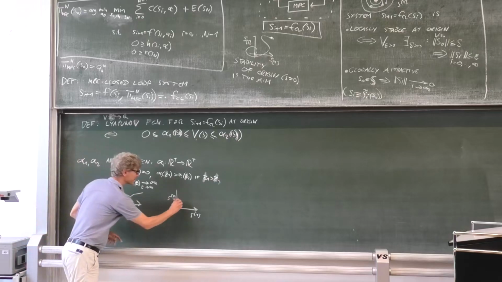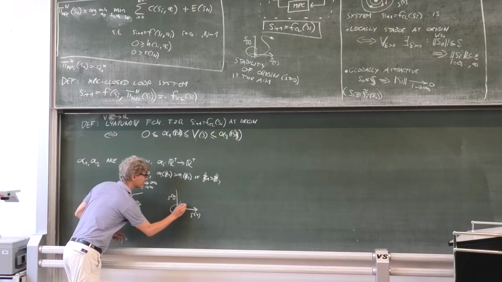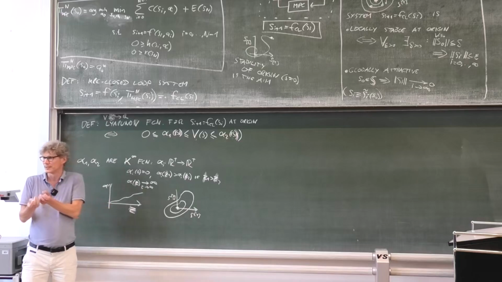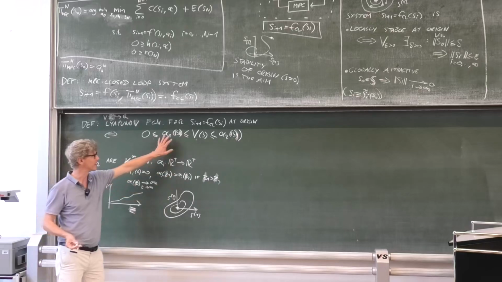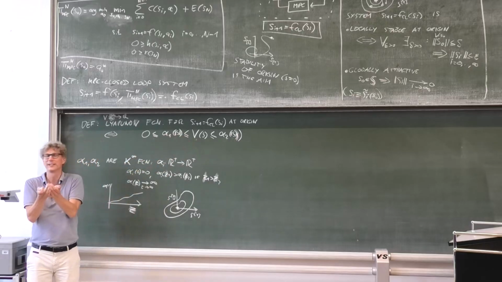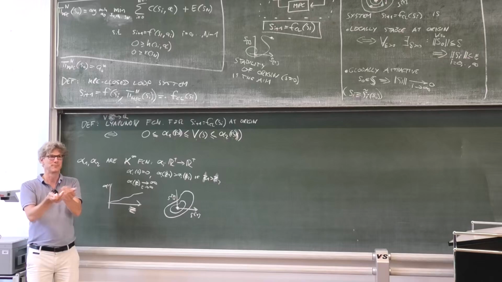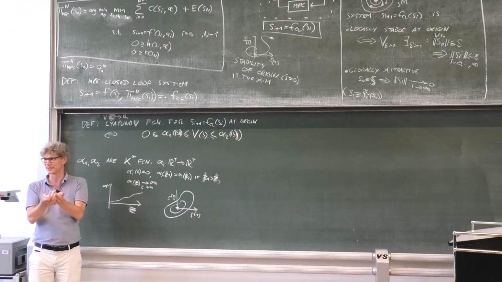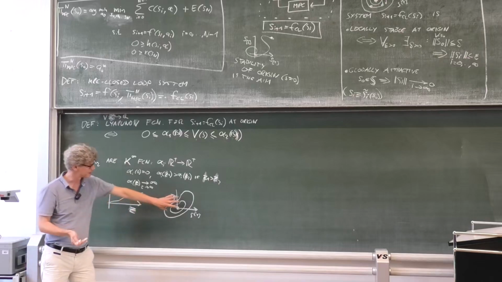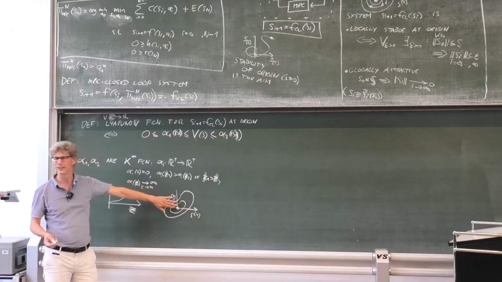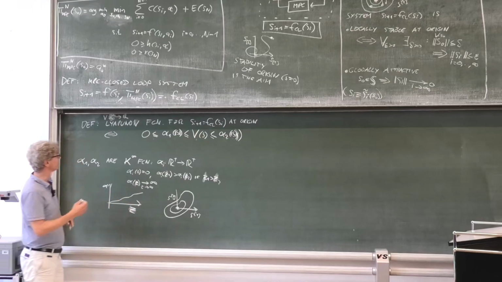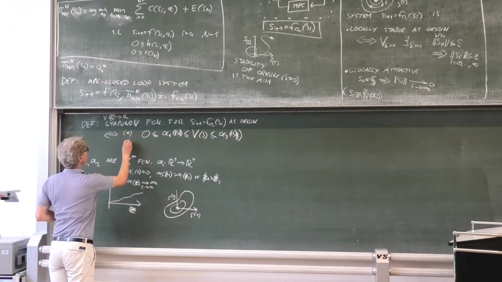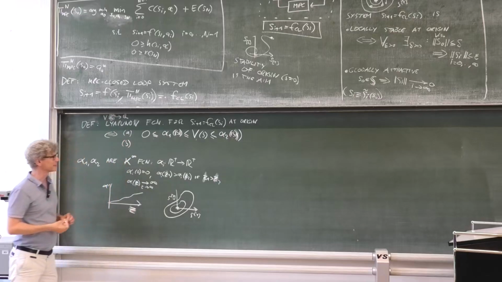So there could be other points, and if I visualize my Lyapunov function, it could have level lines that look maybe like this, right? Somehow it could be not shaped like a norm. It's a non-convex function possibly, but it has these upper and lower bounds which make sure that it's actually nicely behaving and penalizing distances from 0 in some form. So all these level sets are actually later on also very important in all these stability proofs. And so this is like the first condition that we need, and the second one,